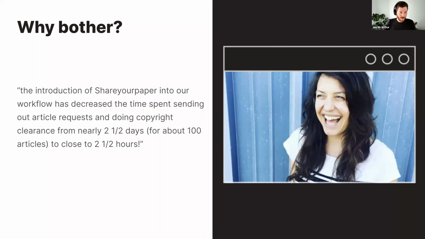And as we start to talk about all the details here, it's useful to remind ourselves of why bother. Why should we think about doing all of this work anyway? I think one of the most compelling reasons comes from Leila Sternum, who was our co-designer and our partner in building Share Your Paper. And in her words,